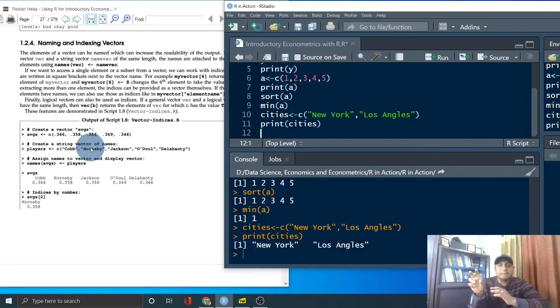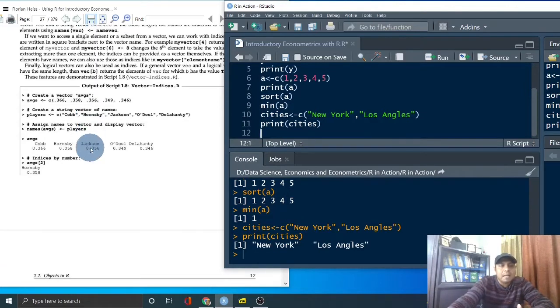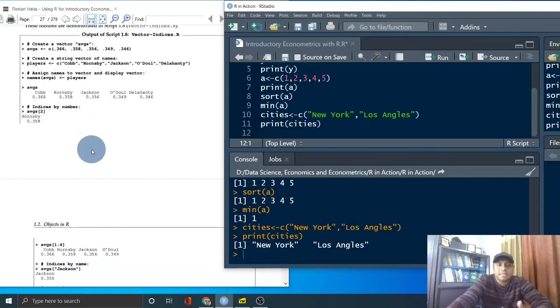If it is numeric, then it should be numeric, otherwise it should be character. If you'd like to mix them, there is a function called list. You can use that list function to put everything inside, numeric and character vectors, or strings, as we say for character vectors.